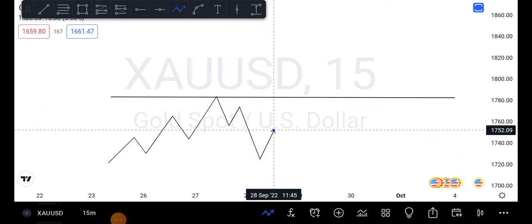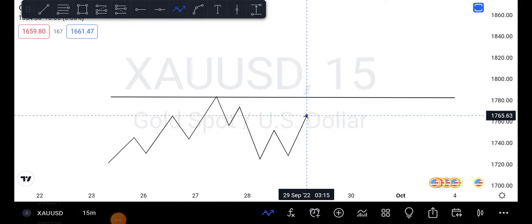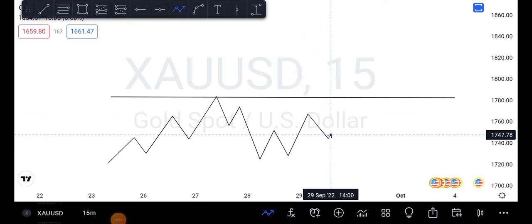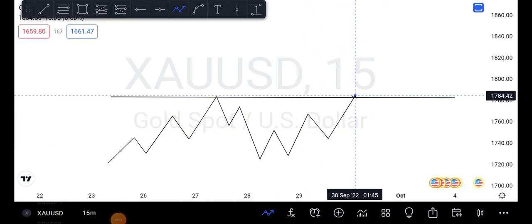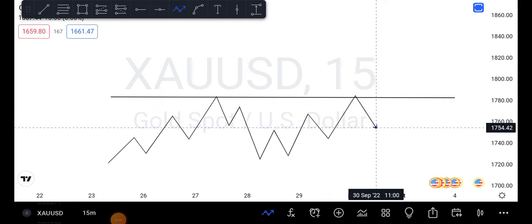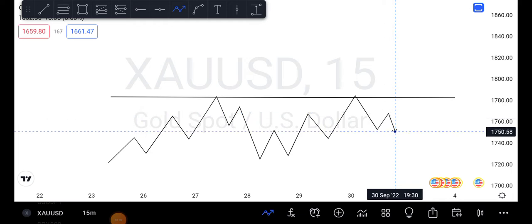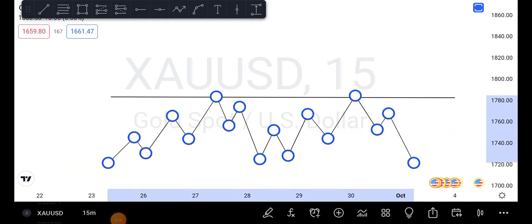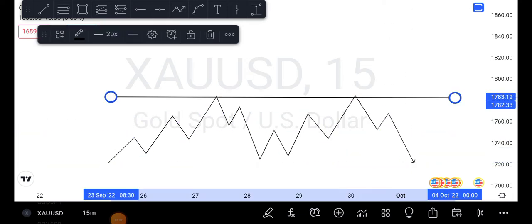Went down, then price goes back up and hits this same point again and still comes down, shows a willingness to go down again. You see this area that price is hitting and is showing a willingness to go down